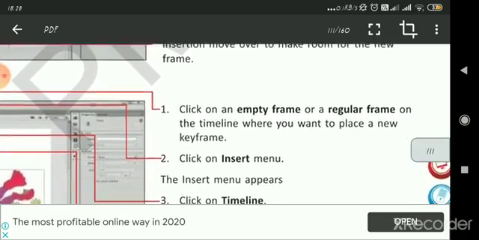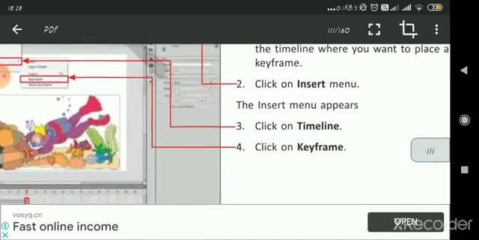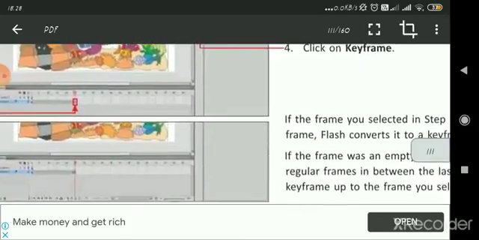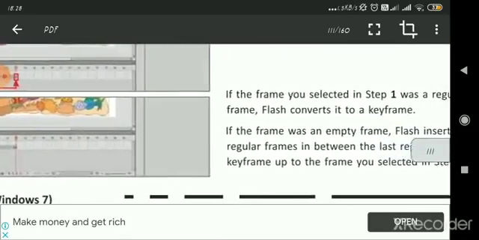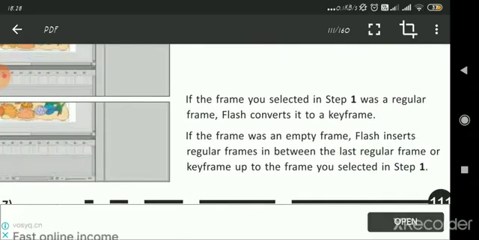Click on an empty frame on the timeline where you want to place a new keyframe. Click the Insert menu, then click on Timeline and click on Keyframe. If the frame you selected in step 1 was a regular frame, Flash converts it to a keyframe.